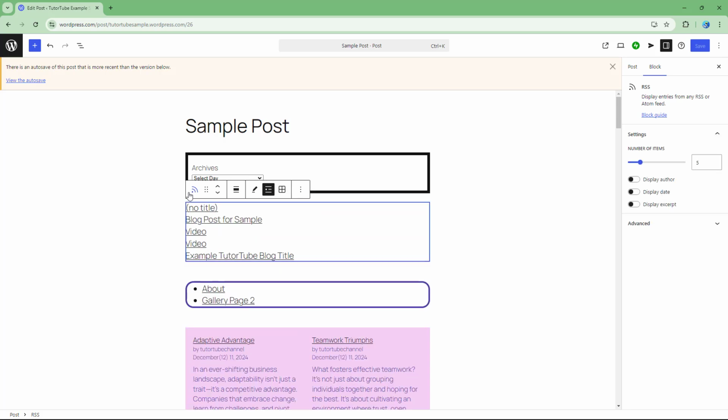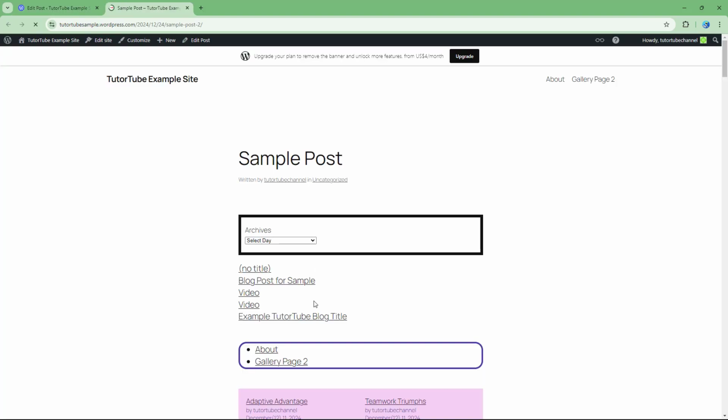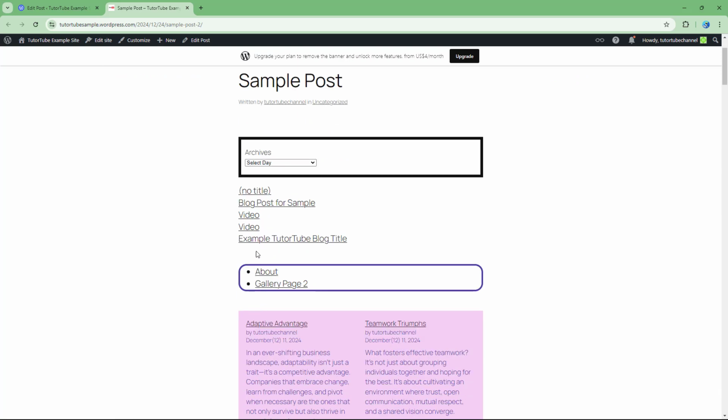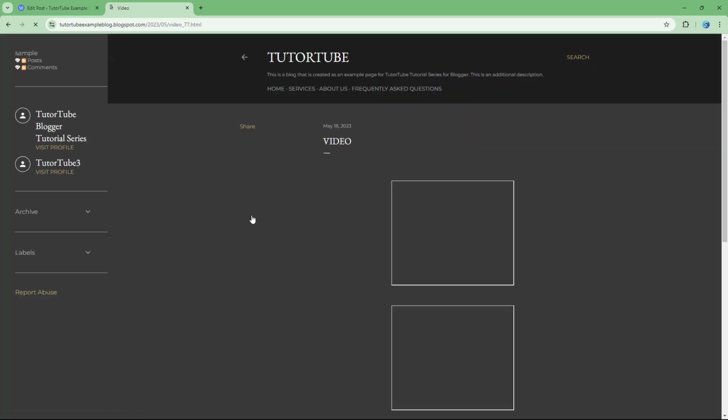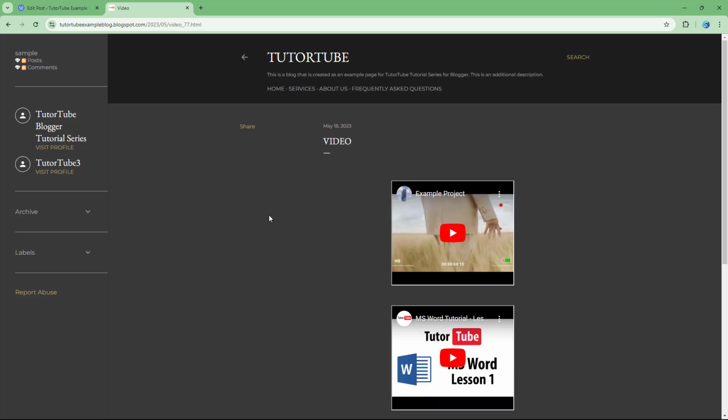Once you do that, you can actually see the RSS feed right here, just like this, from that particular blog. So let me save this, and let's say, for example, view the post right here. Once you do that, you can see that these are the different blog posts from my Blogspot blogger right here. If I click, it simply gets redirected onto my